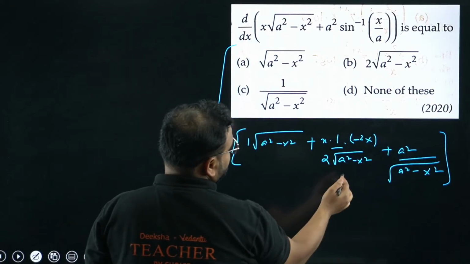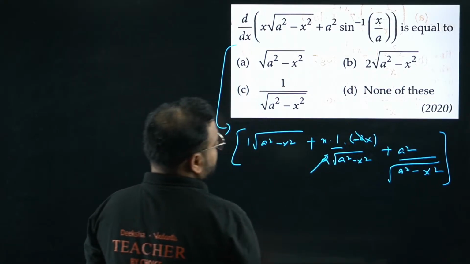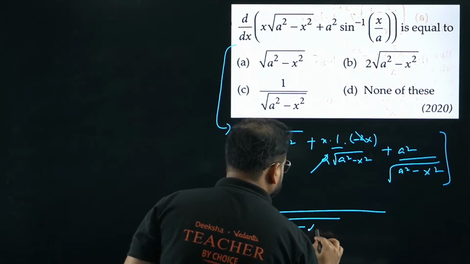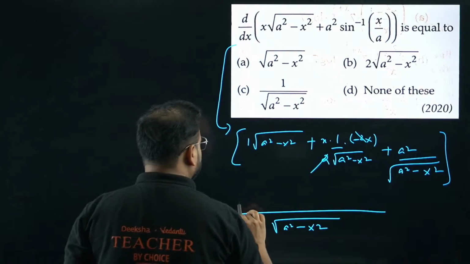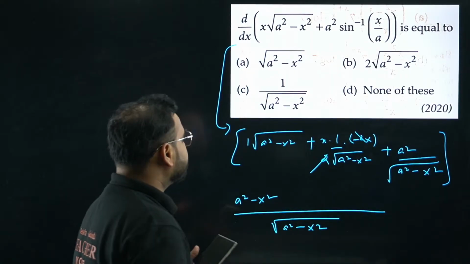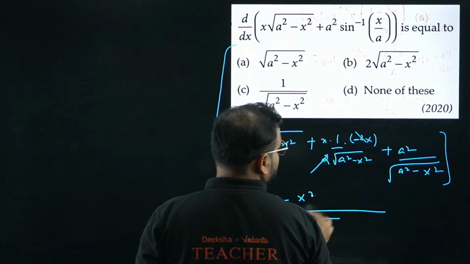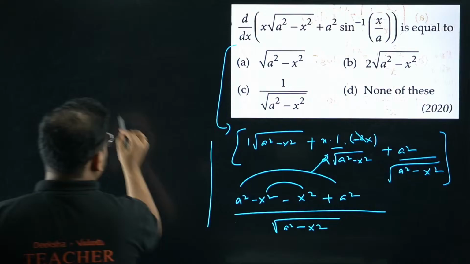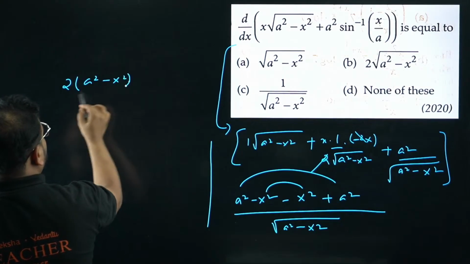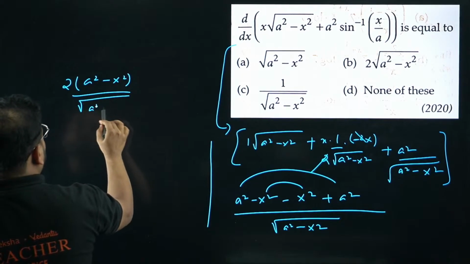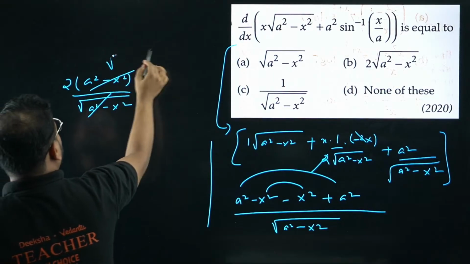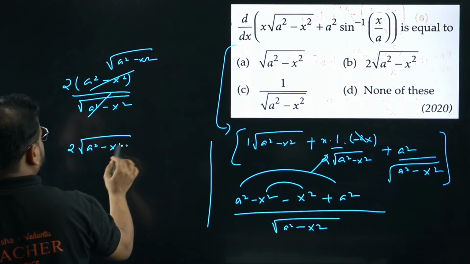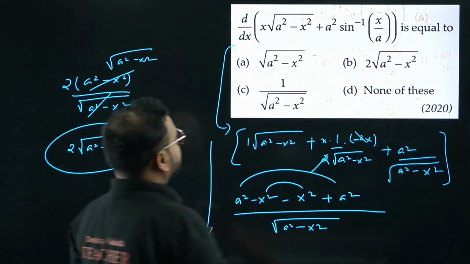What I'm getting, I can see here this 2 and this 2 cancel, so I can just take the LCM. This term is the same, right? We have a square minus x square as the same term in the denominator. It will become simply a square minus x square over here, and this will become simply, please check, minus x square, and we have plus a square. I can get here twice of this and twice of this, right? So it will become twice of (a square minus x square) divided by root of a square minus x square. We can cancel this and this with what? With this. Have a look, you have the answer as twice the root of a square minus x square. Option B is correct.